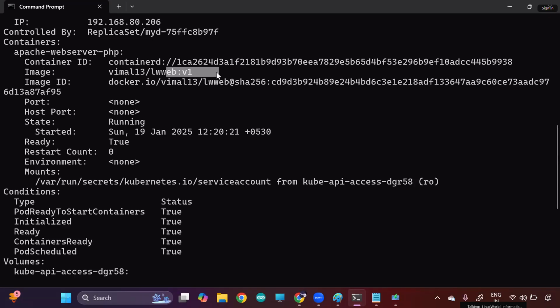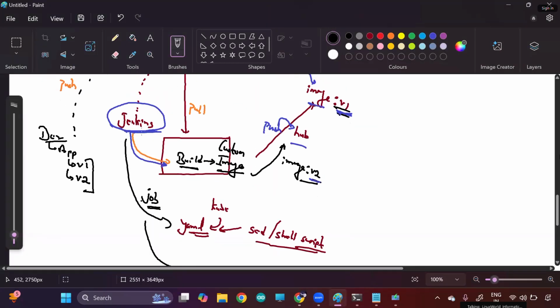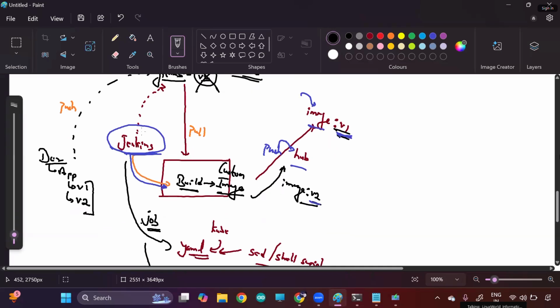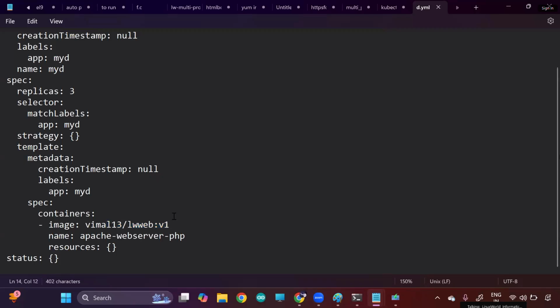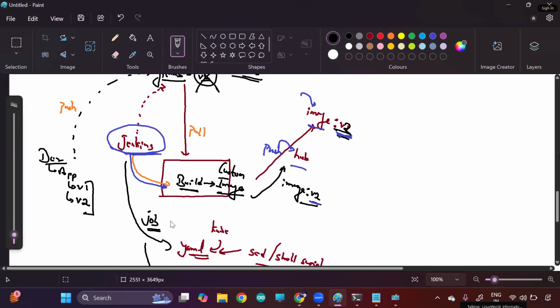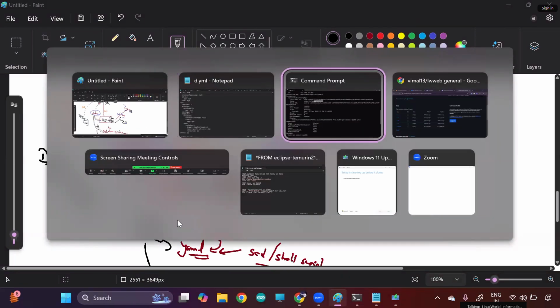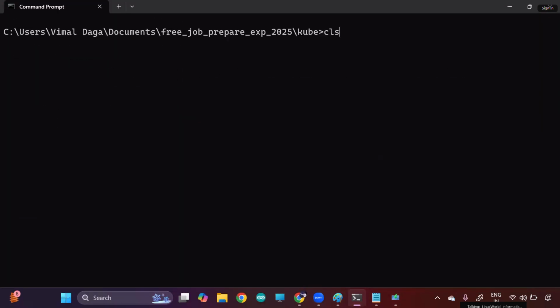Now my developer has posted new code in GitHub, Jenkins downloads it and builds a new image with v2 as the version, and pushes it to Docker Hub. The new version is v2, but this file is still using the v1 version. So this is the role of Jenkins. You can do it manually, but I don't want anything to be manual. The way I told you, I want everything to be automated. So Jenkins will go and change this version by script automatically after it successfully pushes the image, and then Jenkins will run this command